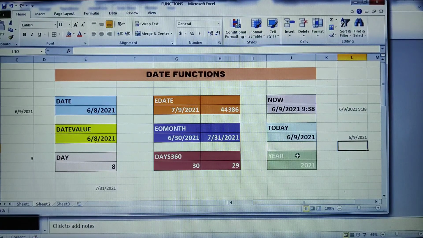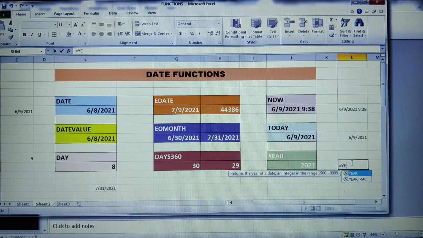Then what is YEAR? YEAR will help you to get the year, by passing the serial number. We need to give the serial number. So here, when I click the cursor, I have given the serial number as 44355. What if I give another example, another serial number here, YEAR.